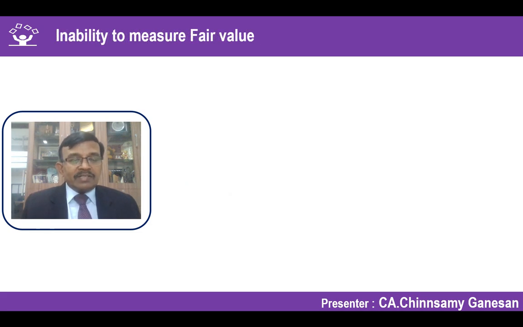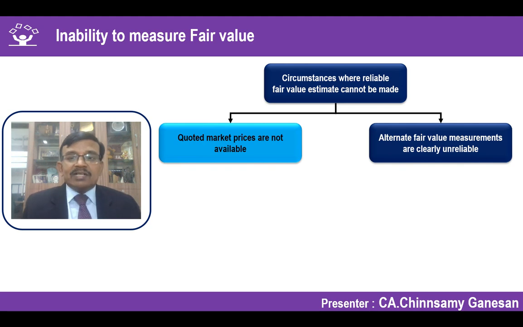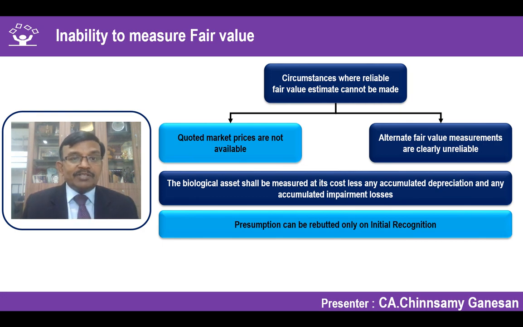Another possible question is, I am unable to measure the fair value. What do I have to do with that? If I am saying that I am unable to measure the fair value, it says that where the quoted market price is not available and alternative fair value measurements are clearly unreliable, in that case, you can measure at cost less accumulated depreciation and any accumulated impairment loss. But this is very, very clearly said. You can apply the presumption that you are unable to measure the fair value only at the time of initial